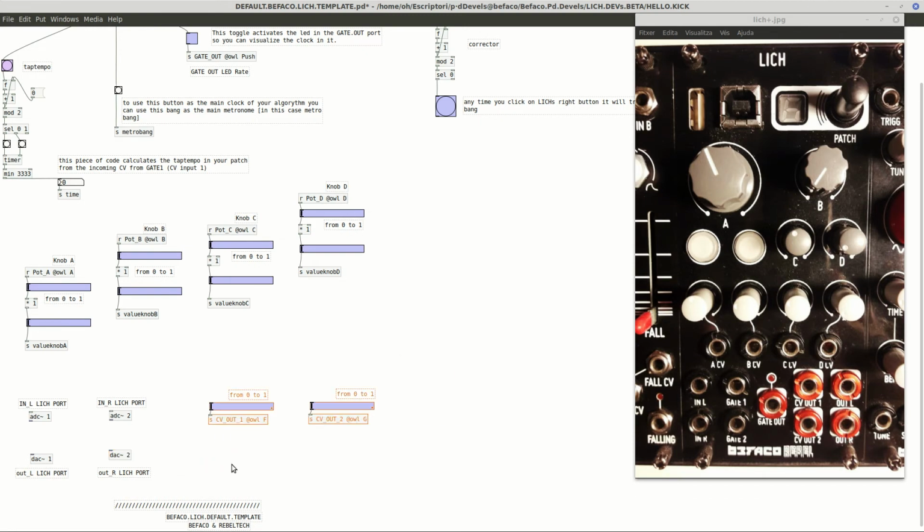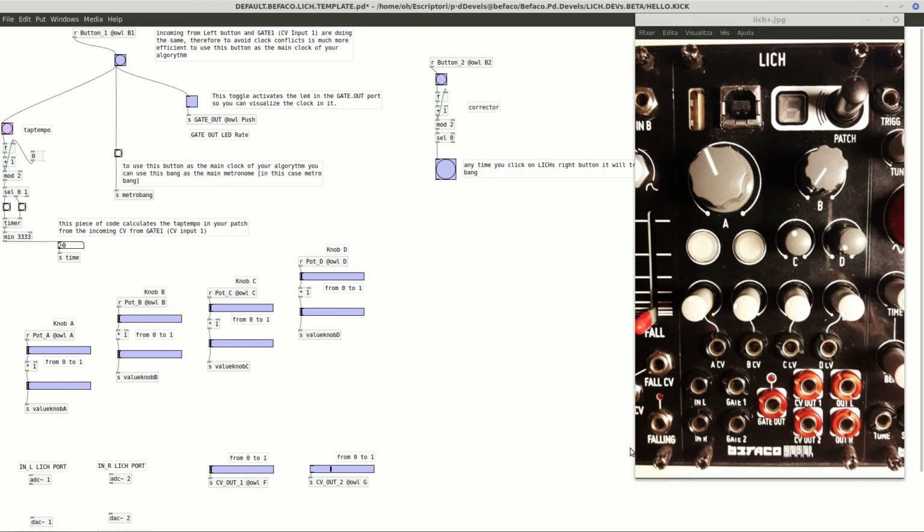In addition, we have a couple of sliders with messages that are controlling CV out 1 and CV out 2 in this couple of ports here. We'll see later with some examples how to use it. We are going from 0 to 1 values, so maybe we can build some algorithm or combination of parameters that we have to scale to these numbers in order to send the CV out